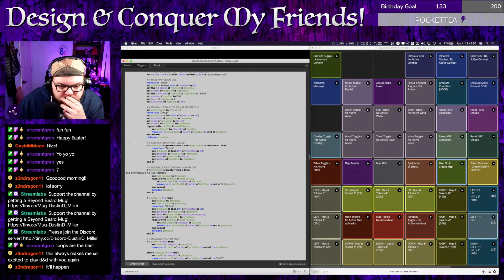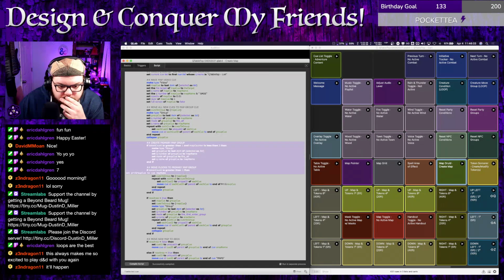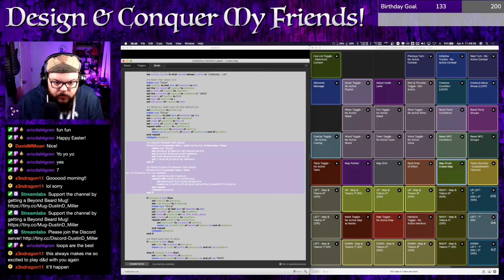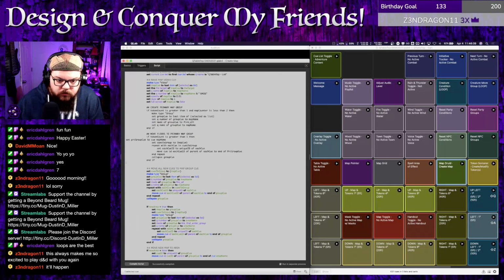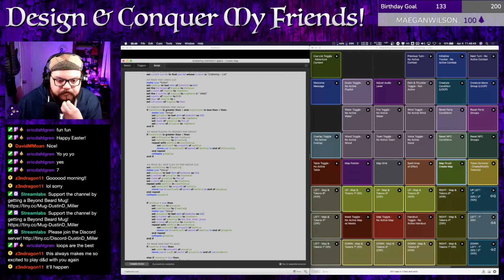I think I need this all to be before that queue. If token is greater than 1 and map counter is less than 2, then make group queue, set group queue to last item, make it the name map queue, set mode to group queue. Okay. If token count